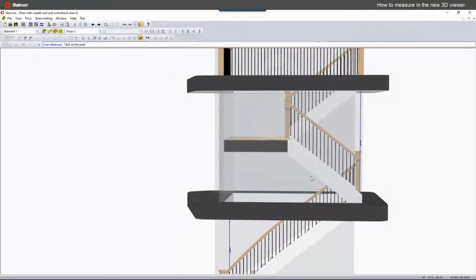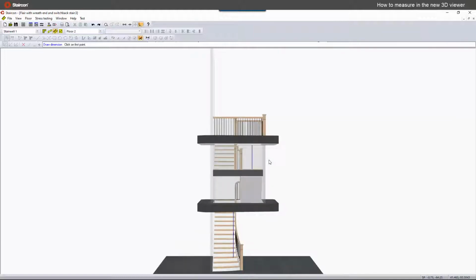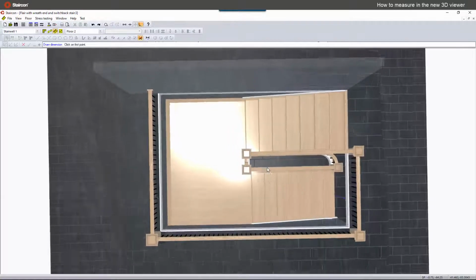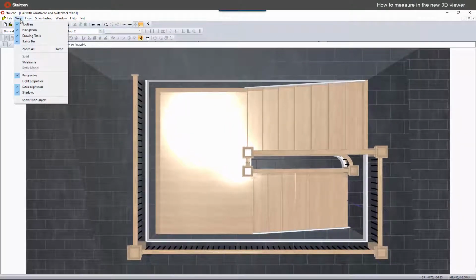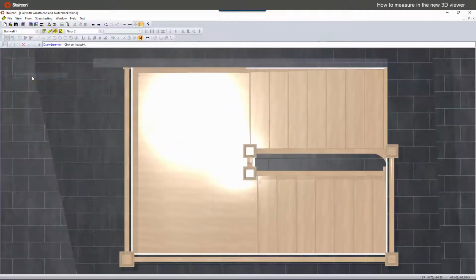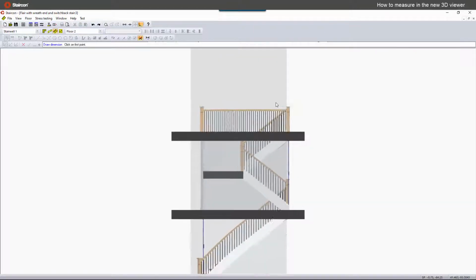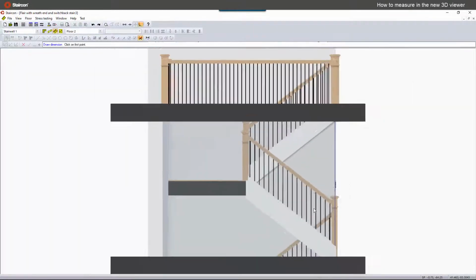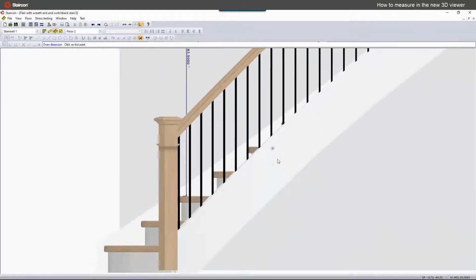We could look in Y, in X, and in Z. Now you see that this is still perspective, so we can go to view and we can say I don't want to have the perspective. So now you see it's actually isometric. It shows more if I go in elevation view. You pretty much see here that it's not perspective, right? So you can see here